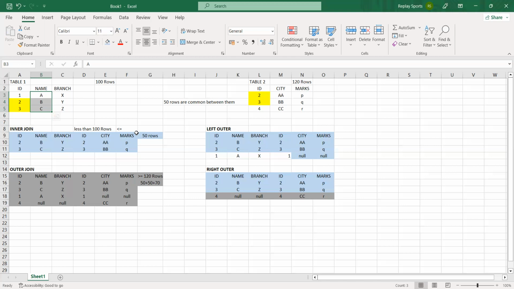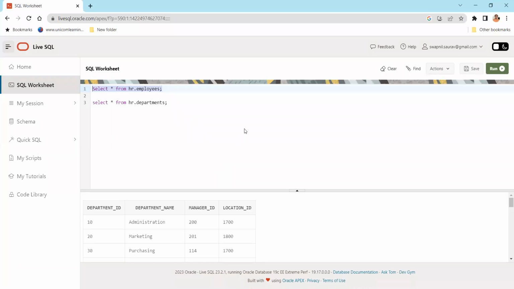Let's see how it works. So we will use this. Now let me move here. Can you see the SQL worksheet? Probably not, I have to switch it. Yes, now you should be able to see. So I'm going to say department name from department, and I will take first name. So select first name, comma, last name, comma, department name from